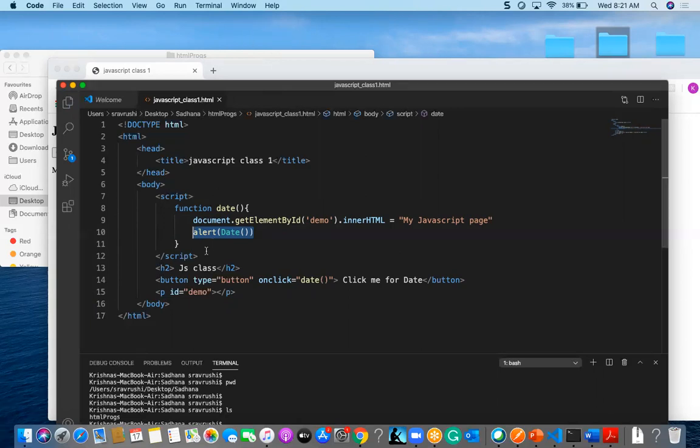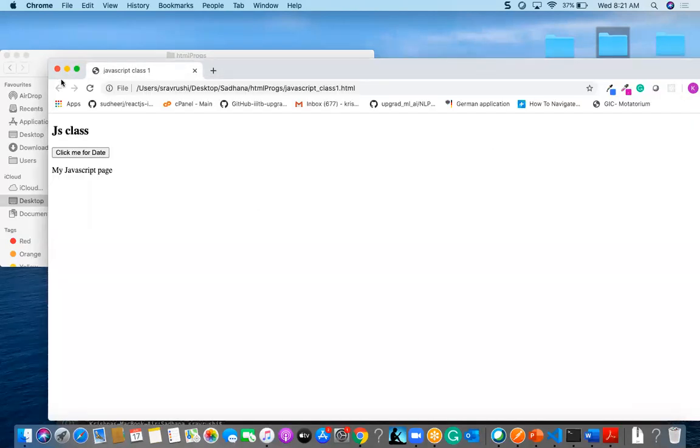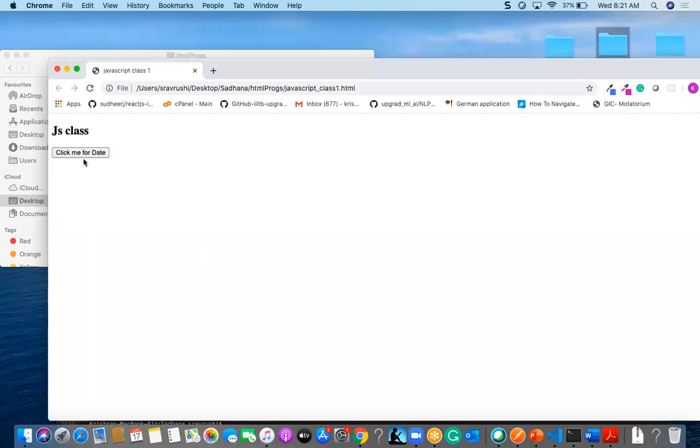So to add any comments inside this JavaScript, it is like this. We can comment multiple lines like this. Or, this won't get executed now, if you see, nothing will happen. If I want to comment a single line, it is like this. So now you will find this display but not the alert.